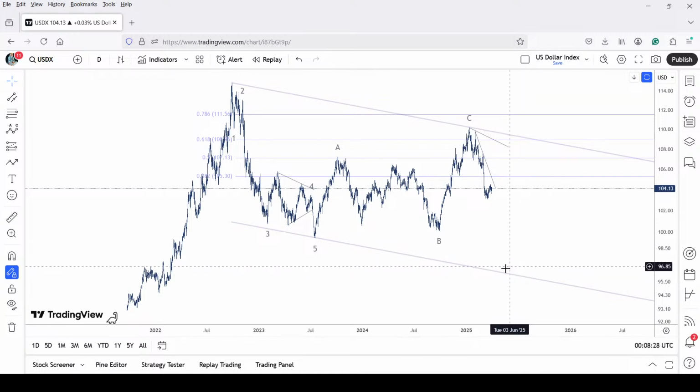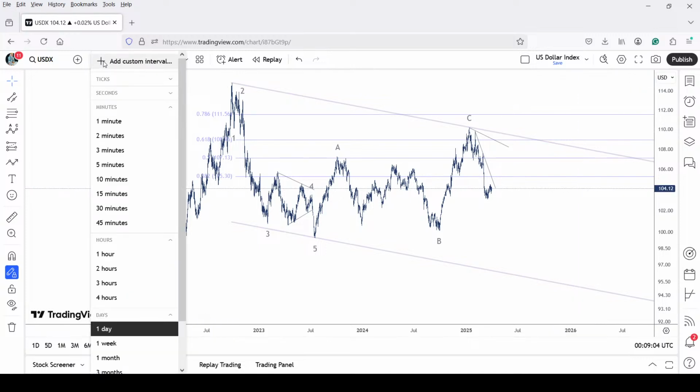You can see that Elliott channel coming through the 96 zone, correct? Unless and until we see a break above. Now the major resistance is at 109.85, and before that it comes around 107.50. So more or less till the time prices stay below 107.50, ideally it's moving lower, moving south. Right, so that's the larger degree count.